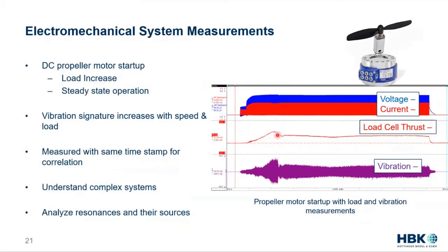Then as we decrease the load and we go into more of a steady state operation, we can see that that vibration chills out and it goes down pretty significantly. What this allows us to do is start running things like NVH analysis, looking at how our currents sampled at a very high rate actually influence our vibrations, which are also sampled at a high rate, and start to correlate the transference from current to vibration. We can see that vibration increases with speed of the machine,